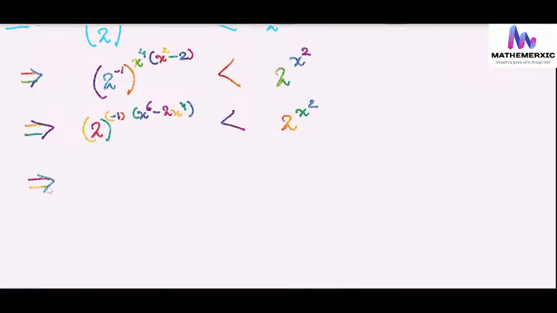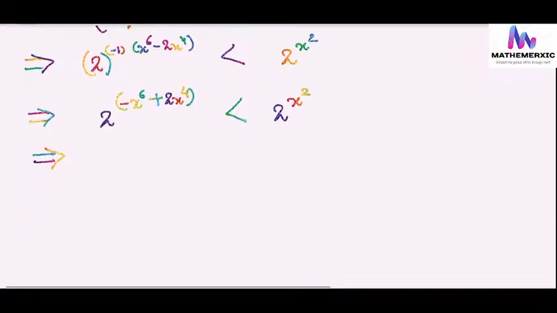Base same is one of the conditions. So what I'm trying to do is, right now the base same condition I'm trying to do, because such condition we have done it earlier also, right? It is a minus x to the power of 6 plus 2 to the power x to the power of 4 less than. So here what I can say is